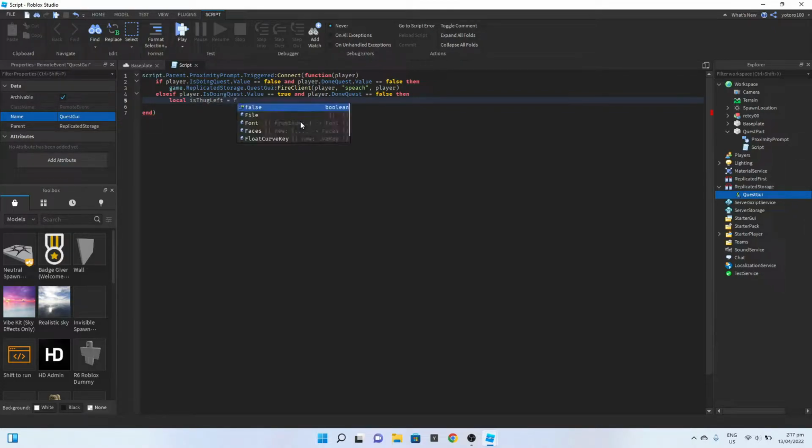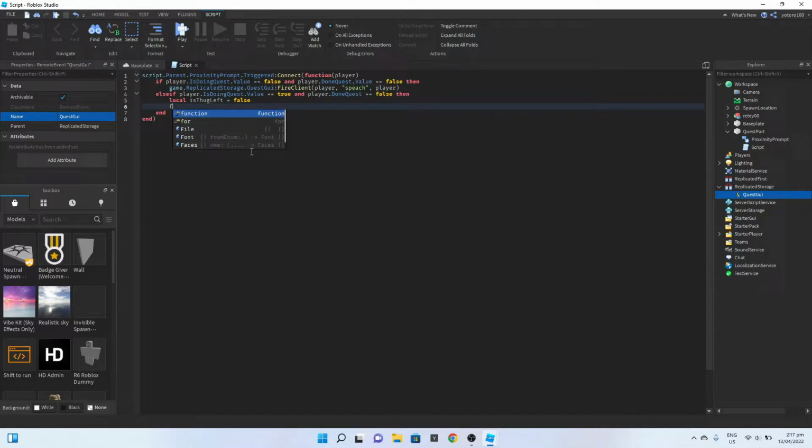Equals false. So we know the player's done, there's no bugs left. And I'll just add an end there because otherwise the code's invalid. And now I'm going to write